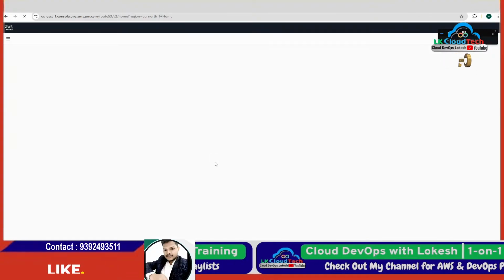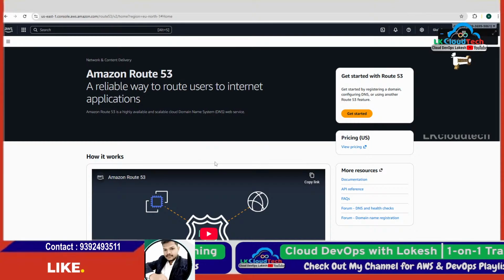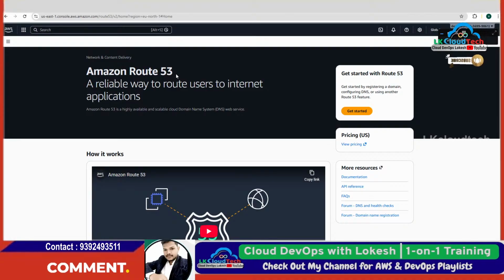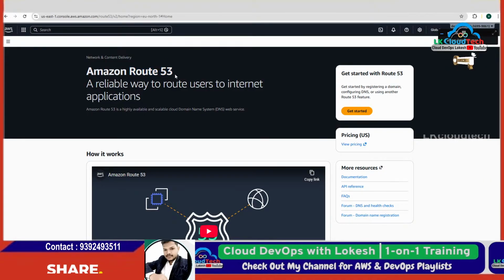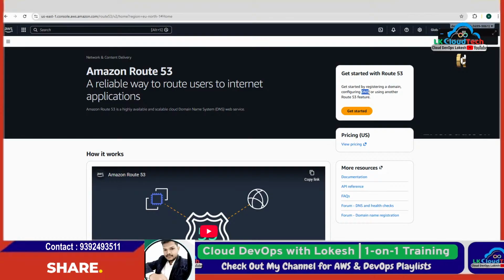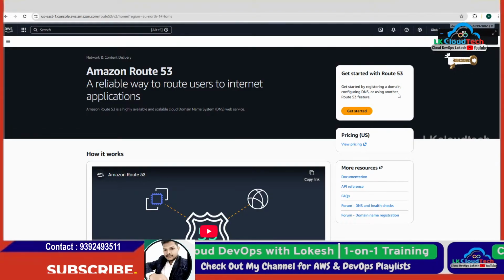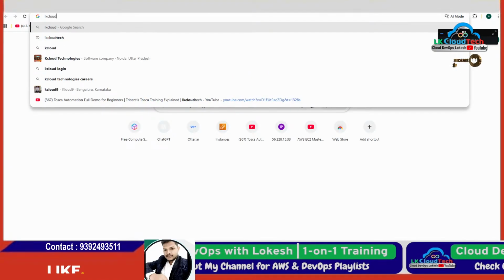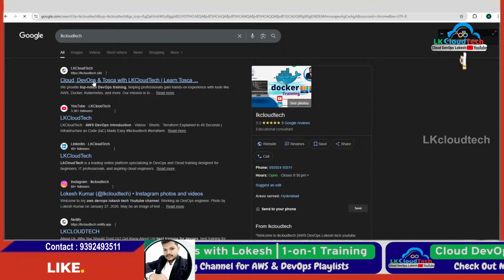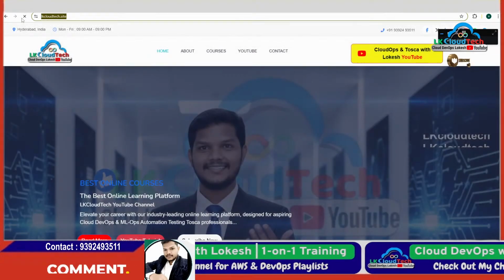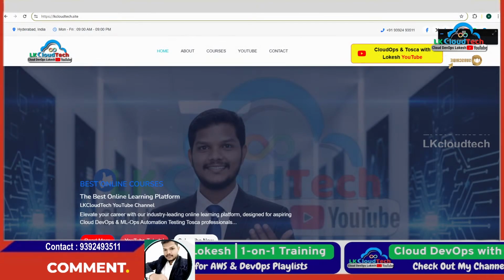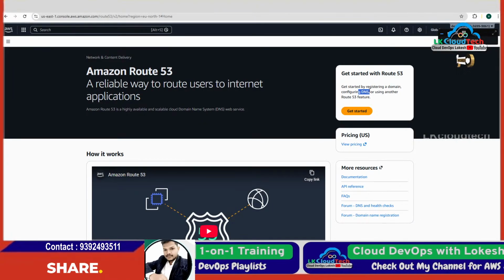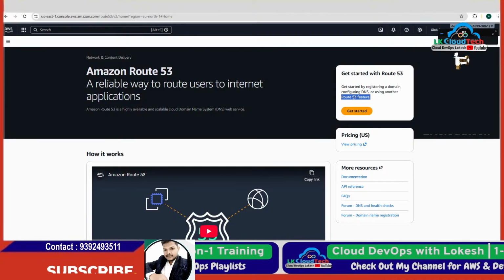Route 53 is a service. We will create the domains and DNS names, domains like www.google.com, for example LK Cloud Tech. Say this is one website; we can create such kinds of websites. The domains and DNS we can create by taking the help of Route 53. It's nothing but like